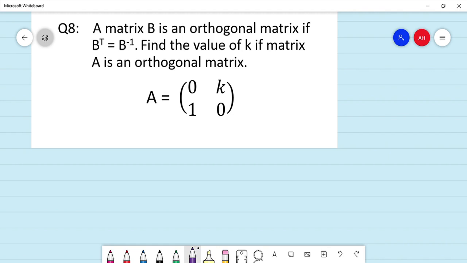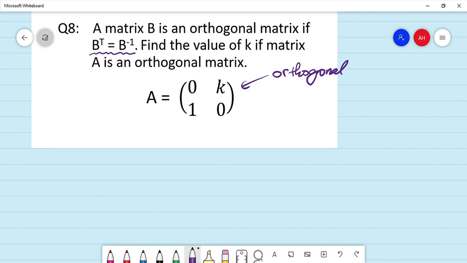Now let's solve question number 8. A matrix B is an orthogonal matrix if B transpose is equal to B inverse. That's the statement that must be true in order for a matrix to be an orthogonal matrix. Find the value of k if matrix A is an orthogonal matrix. Given that this matrix here is orthogonal,